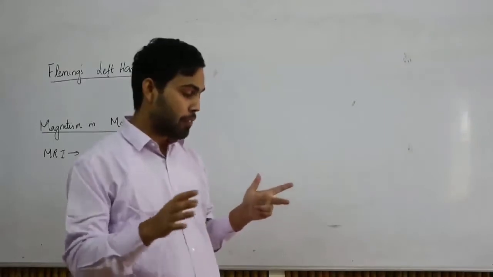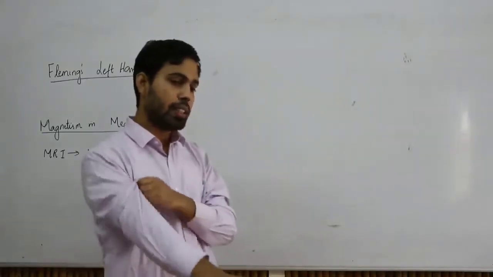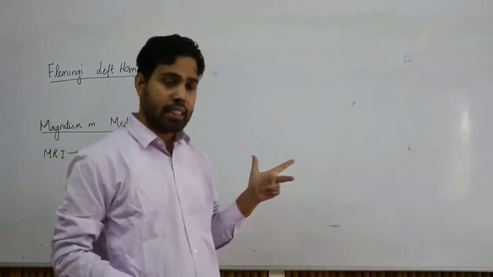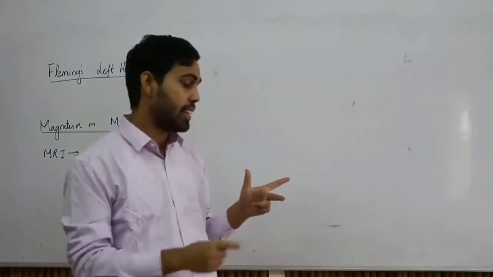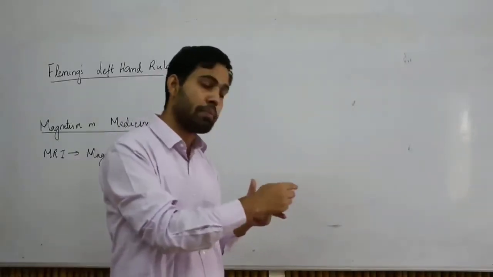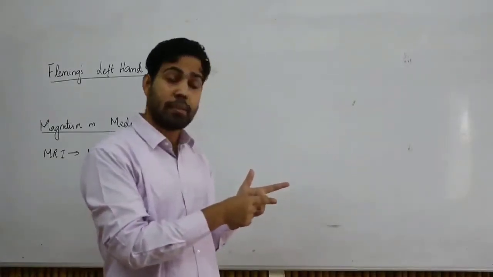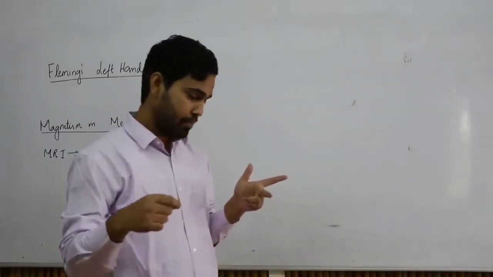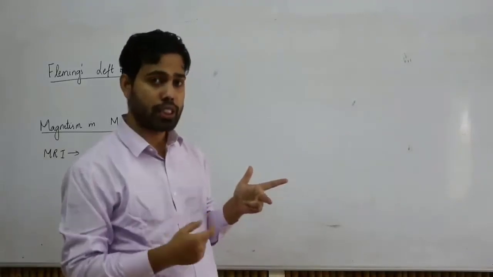Provided all these three fingers are mutually perpendicular. So I take my left hand and align the fingers in such a way that they are mutually perpendicular. Then I can say that if the forefinger is representing magnetic field, then the middle finger is representing the direction of electric current, and the thumb will represent the direction of motion of the conductor.